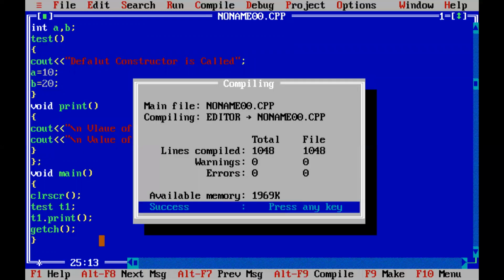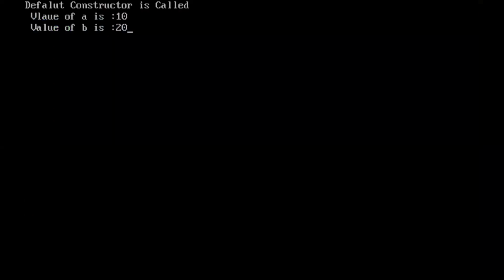So we are going to compile this program. Here we successfully compiled the program. There is no warning and no error. Now we are going to run this program. So as we have seen, the statement of the constructor is printed, that is "default constructor is called", and we also called the print method. In the print method, we have printed the two statements, that value of a is 10 and value of b is 20. So the initialization of these variables a and b is done with the help of the constructor,